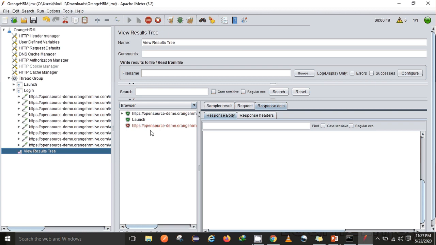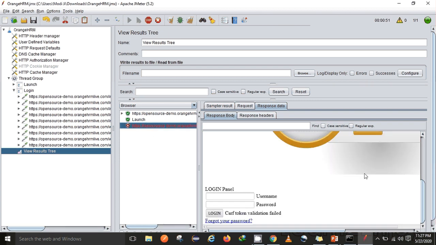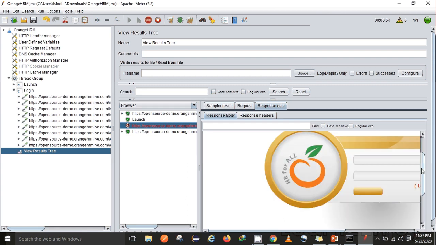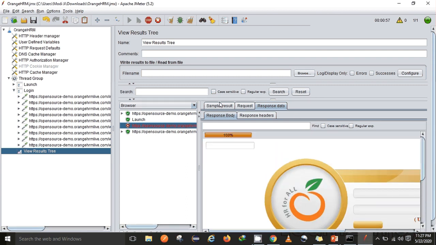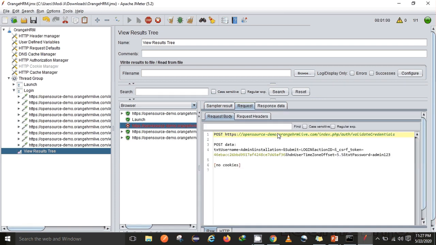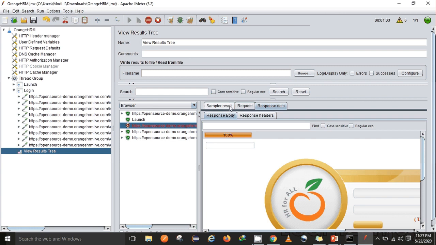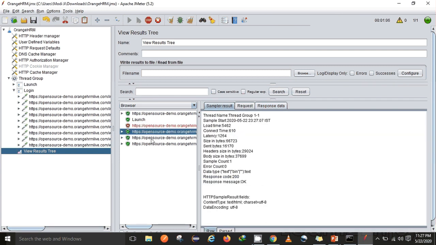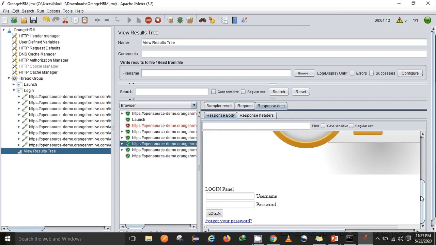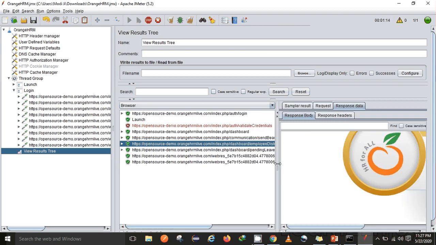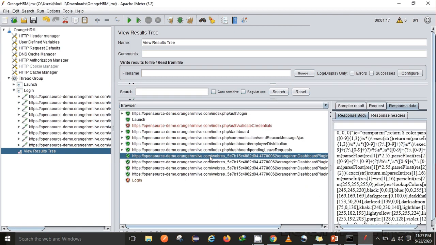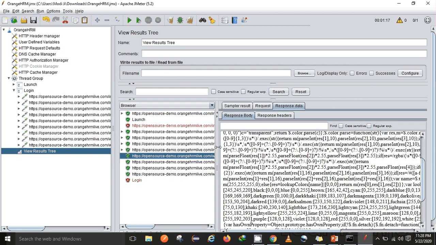Yes, so now you can see again the login failed, and here I am again in the login request. This time if I show you the response, again 400. So yes, this application is not giving us complete detail on what went wrong. And in this successive request we are getting a 200, okay, but again you can see we are not in the dashboard, but on the login page again, which means we are unable to log in. So this is how, with the help of the BlazeMeter plugin, we can easily record our actions by intercepting the network, and with the help of correlation we can handle the dynamic values in our scripts.